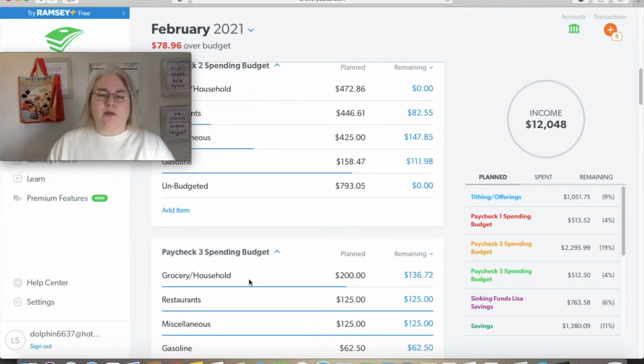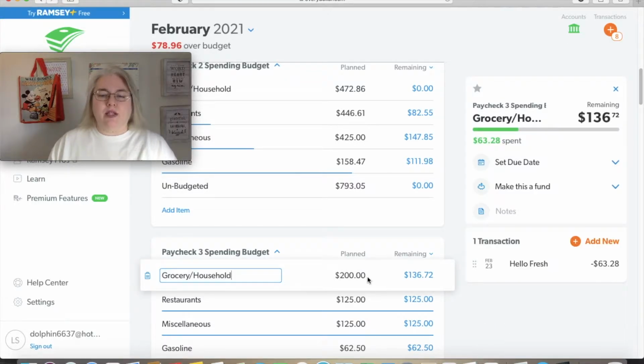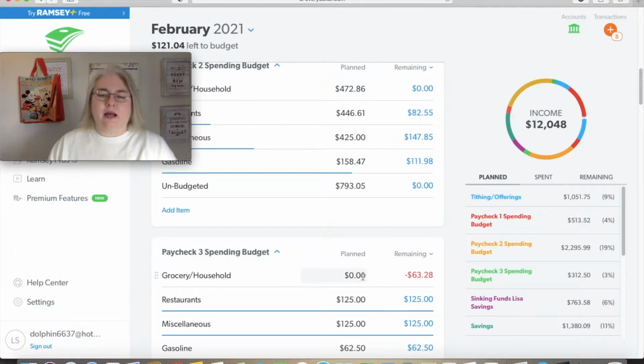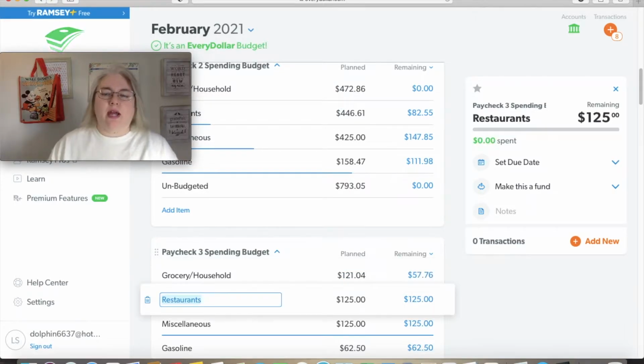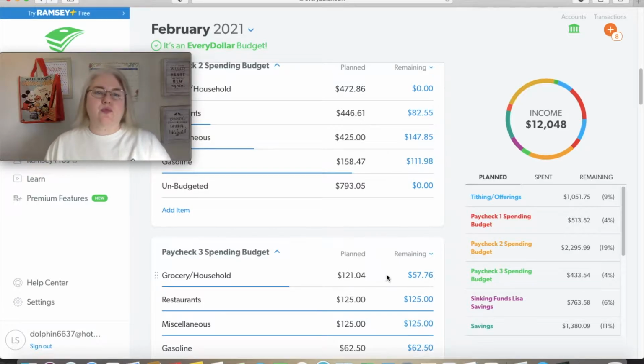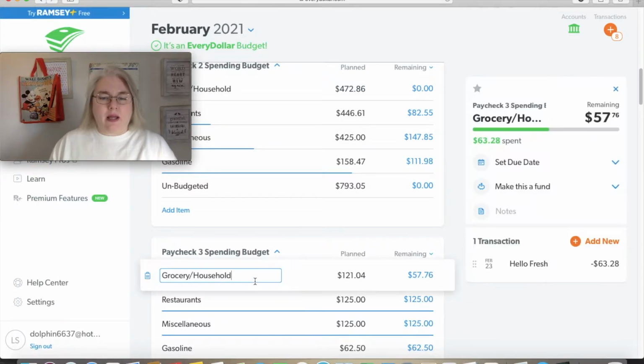We're going to grocery household. Down here for paycheck 3, and I'm going to adjust that. So I hit delete. And now it says I can use $121.04 for that category. Now, it says I have $57.76 remaining. Well, the reason is I went ahead because I keep forgetting to put my HelloFresh in this category